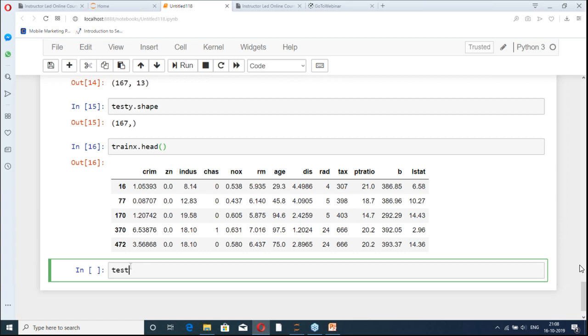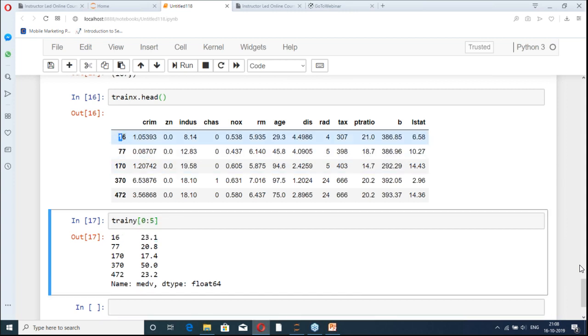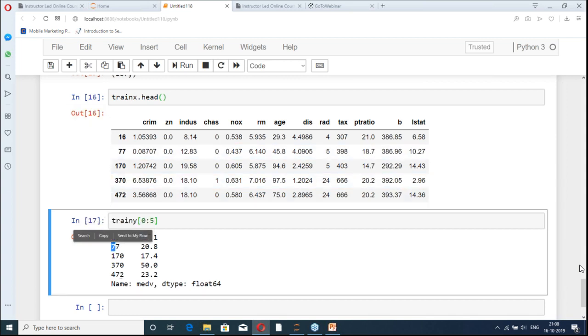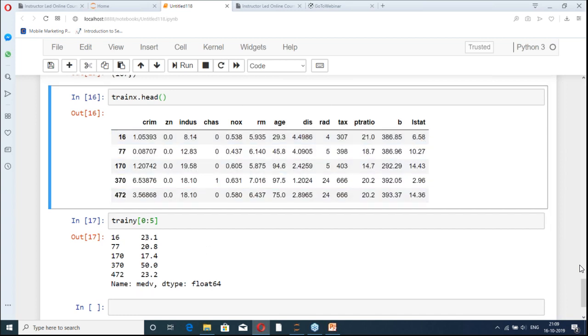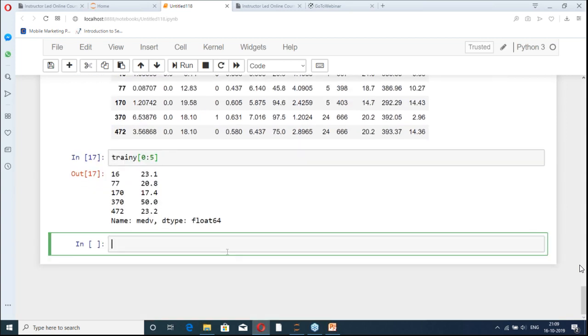Similarly, corresponding to them we have train Y. These are the top 5 solutions. You see this is 23.45, so this is their label. 60th question, 16th here, 77, 77, so that you can match them with each other. And corresponding to this particular row of input variables, this is my output value, right? Similarly, we have the same in the test. So what we are going to do now is teach it